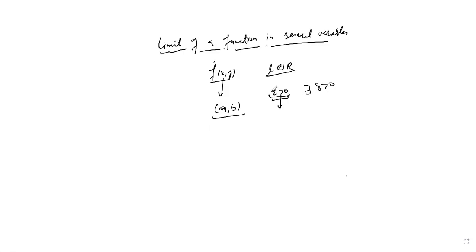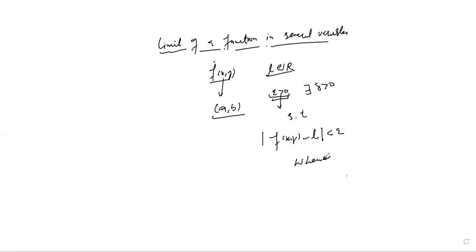Whenever you choose the epsilon, you will get delta greater than 0, such that the condition follows. What is the condition? Modulus of f of x comma y minus L is less than epsilon,